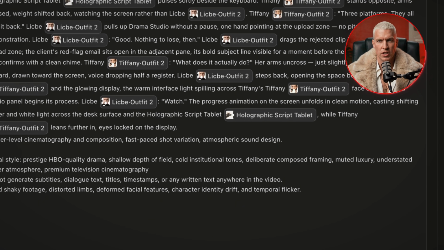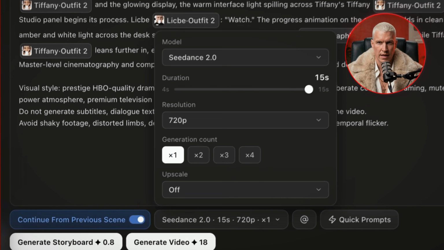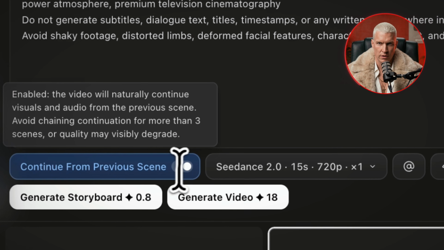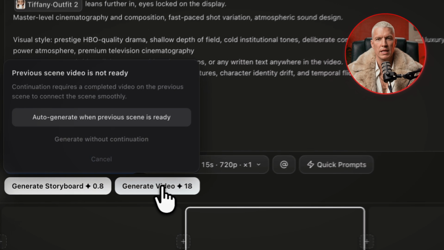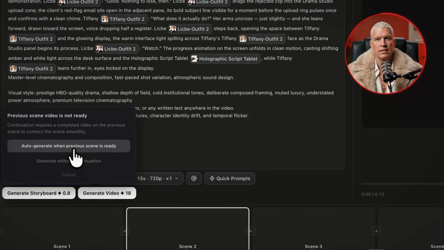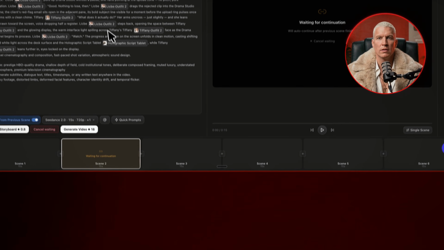Want to adjust the length of a shot? Just dial it up or down. Keep in mind the maximum is 15 seconds per shot. And if you want a scene to flow directly into the next one, just hit this button here and it picks up exactly where the previous scene left off. Just keep in mind when you use this option, the second scene won't start generating until the first one is fully done. Now, as with anything in Seedance, even though these prompts are very detailed, I'd strongly recommend going through